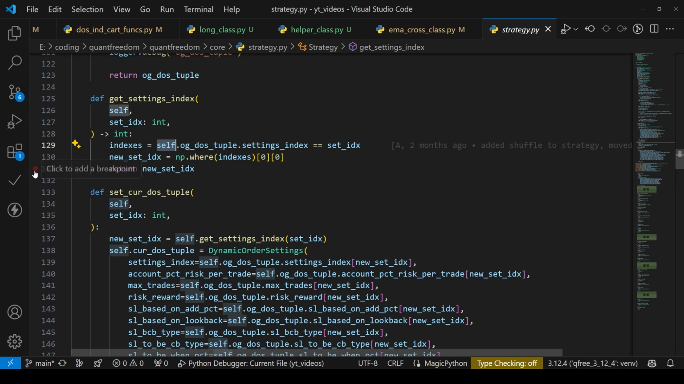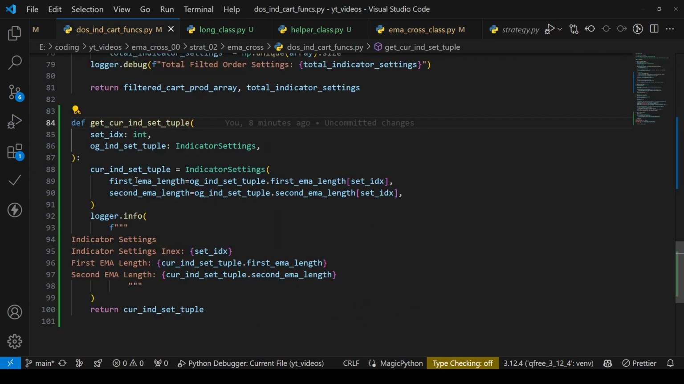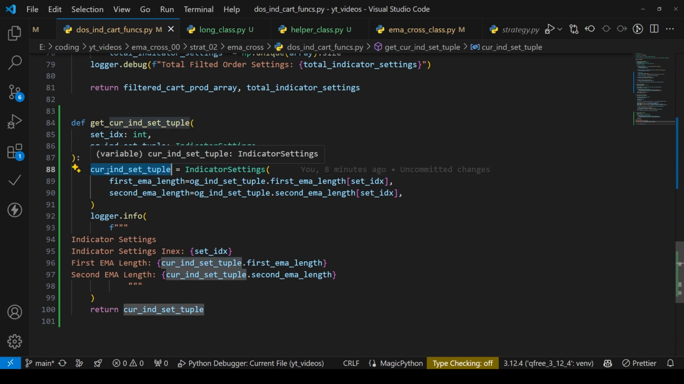Well, here we go again. Let's just do the thing. We'll do the thing when we get a chance, okay? And here, this is going to take that setting index, create a new setting indicator. That's going to be our current one. So the current one is basically the one that we are choosing the setting index for. Okay, and so